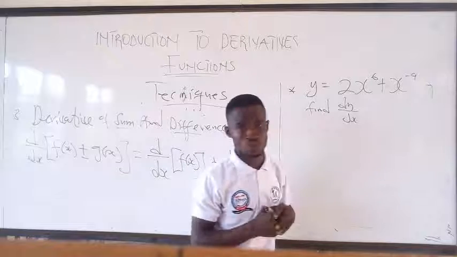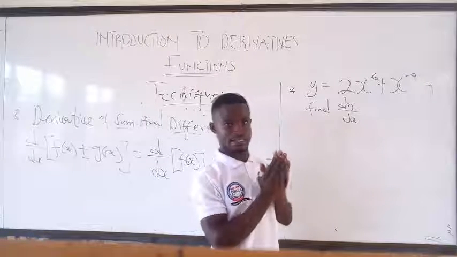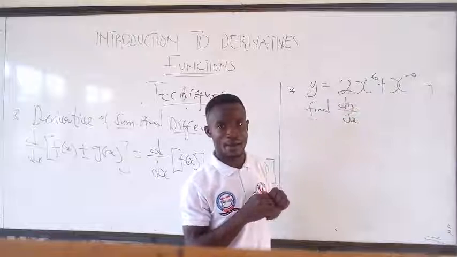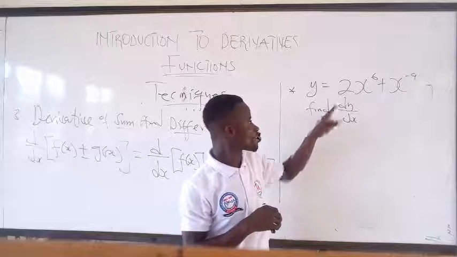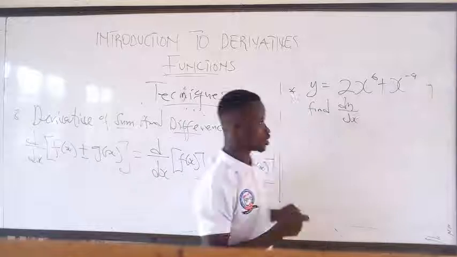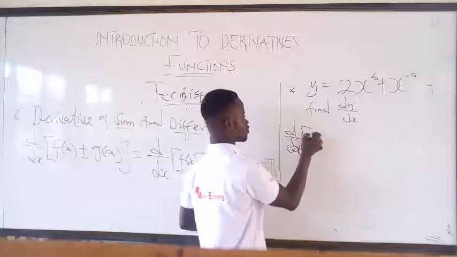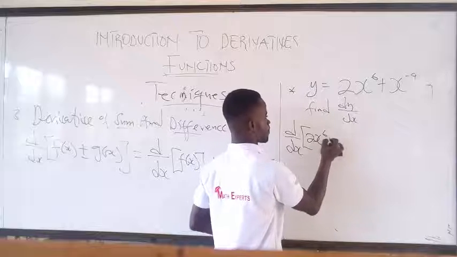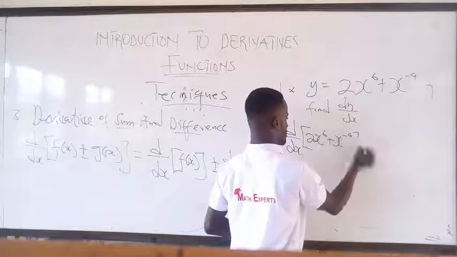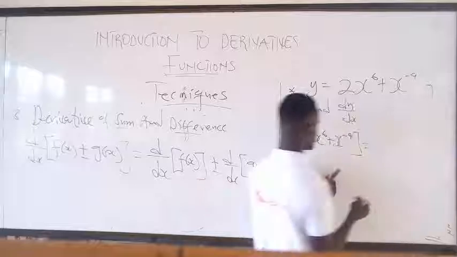The question to ask yourself is, is it in the form ax to the power n? Yes, because we can see the exponent, coefficient, and the what? The exponent. Coefficient and the exponent. So you can write this for our idea here. You can write this as